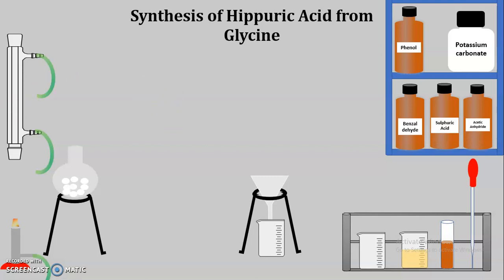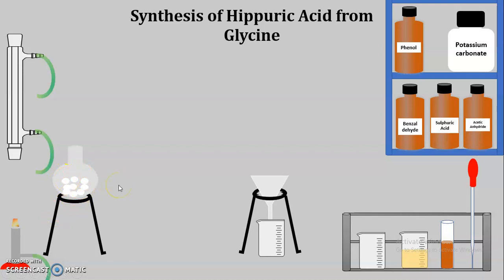After this, once we have got the crystals of the hippuric acid, we have to carry out the recrystallization of the hippuric acid from the carbon tetrachloride. As we know, for the recrystallization, we are going to select the solvent in such a way that the solid is soluble in that solvent when it becomes hot, and it will be insoluble in the cold solvent. So here you can see this RBF, in which we have already placed our solid, that is the hippuric acid that we have got, and our solvent, that is the